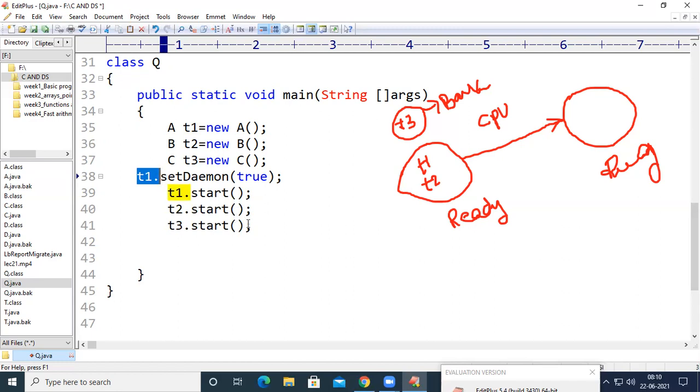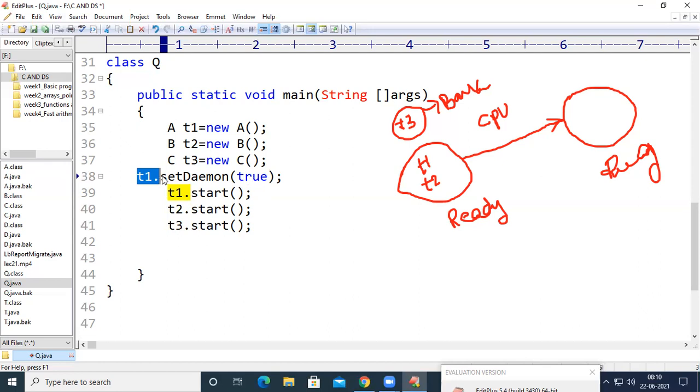So unless and until the processor is idle, these background threads are not going to be executed. So what does daemon thread mean? The thread which runs in the background is called a daemon thread. And if you want to make a thread a background thread, you have to use the method setDaemon, and you have to pass the parameter true.